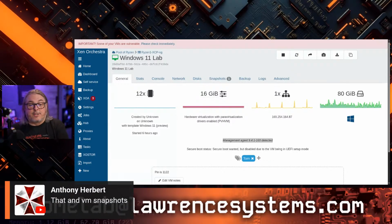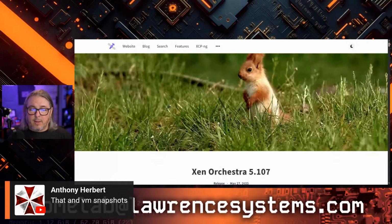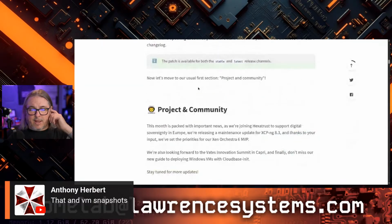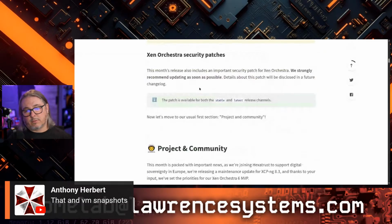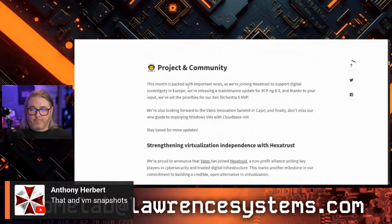Yeah, snapshots are definitely your friend for being able to just quickly roll back to things. Just roll it back to where it needs to be. Do a snapshot. But the updates to XCP-ng are actually unrelated to the security update. I just wanted to cover that one first. There's a lot of other good updates in here. They have been refactoring all the code. And so you get through the patches. Oh, there's a bunch of minor patches for the OS as well. Go ahead and just do those. So I updated all the systems, no problems. Let's